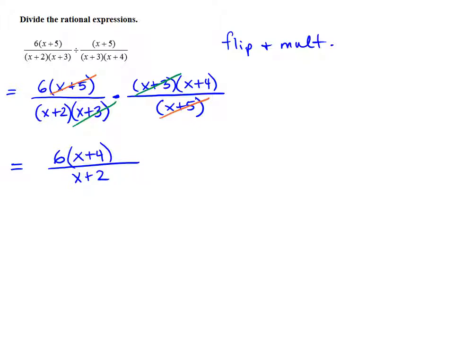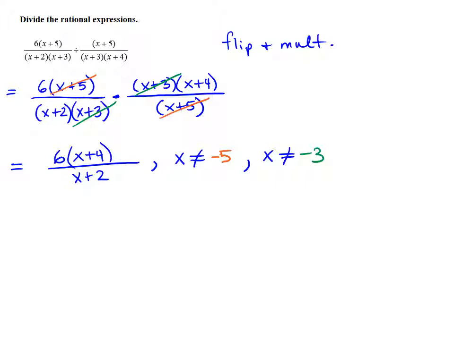It's your choice. It's the domain restrictions that I really want to pay attention to here, and that's what I was mentioning before. Now, the domain restrictions come from what we've canceled out, because what we want to show someone who's reading the final answer is that these cancellations only occur because they came from factors that were not equal to 0. So in my x plus 5, that would be 0 if x was negative 5, so we say x cannot be negative 5. And then x cannot be negative 3. That's from that